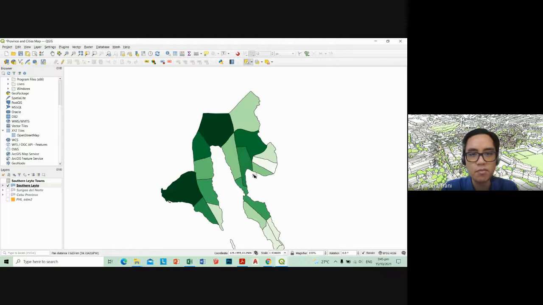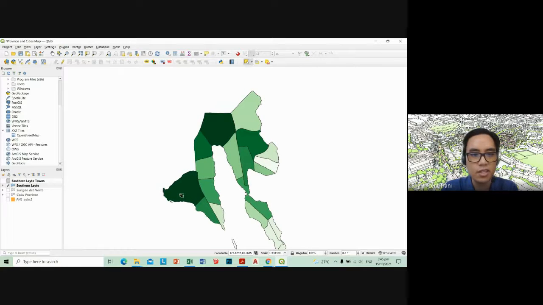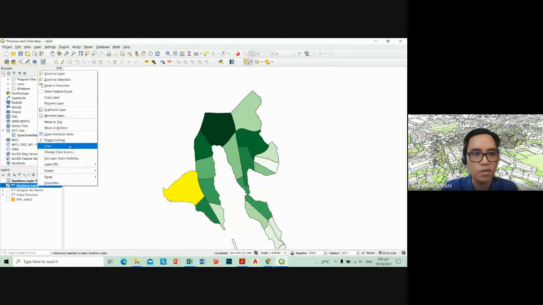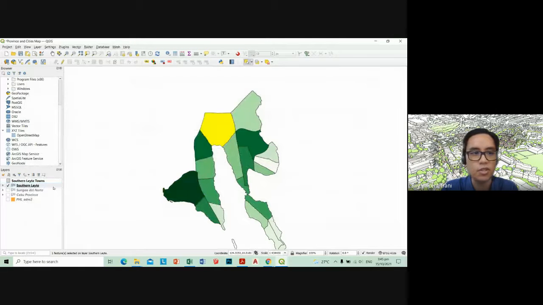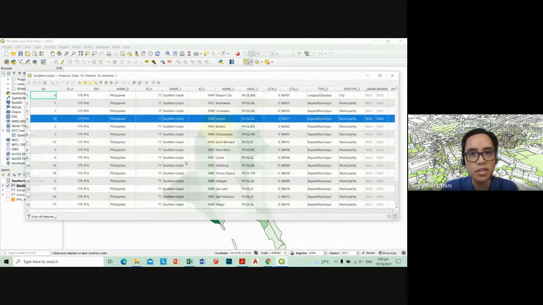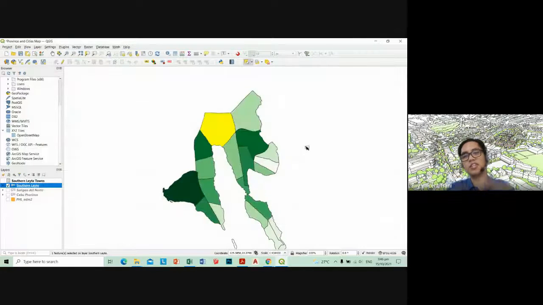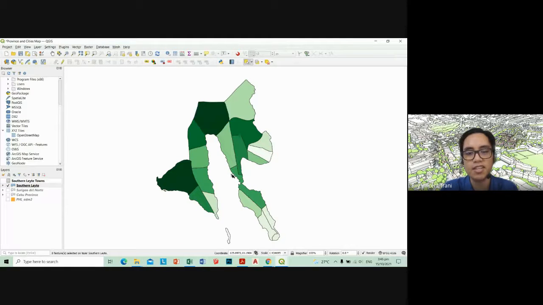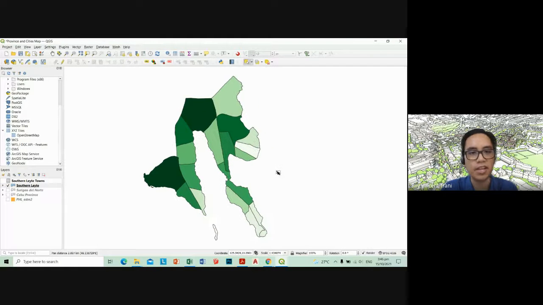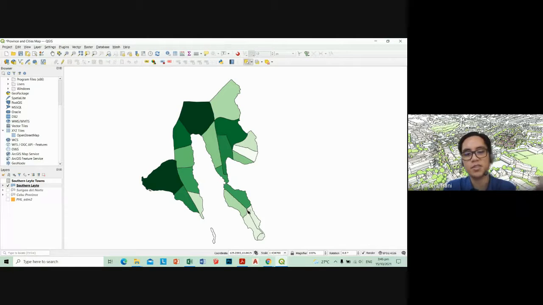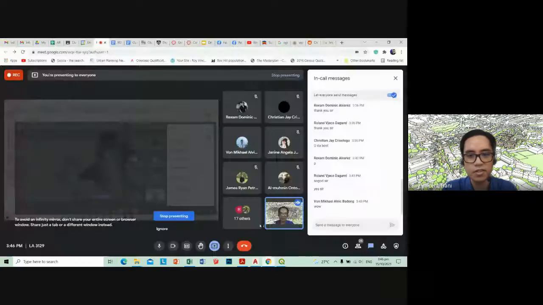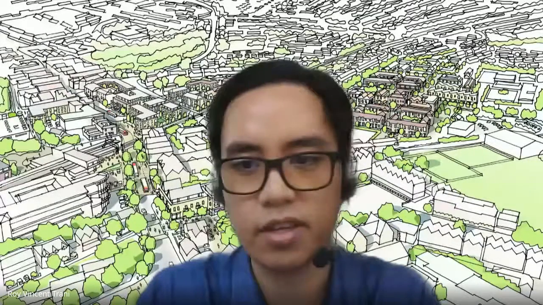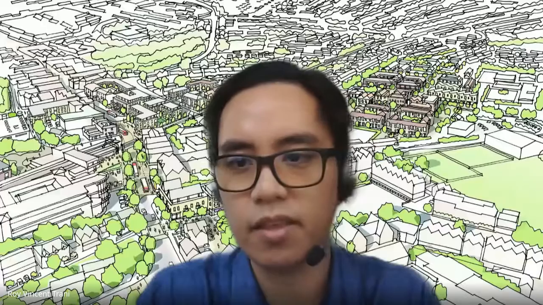So the highest population should be Maasin, which is here, I think. If we go to attribute table, it should have selected Maasin City, followed by Sugod. Before, it kept giving me Sugod as the highest population, but since we manually edited it, it should be okay now. Okay, so we'll move on to the final step. Let me stop recording here. Oops, click stop presenting. And the final